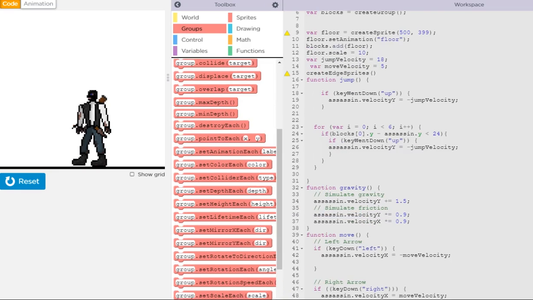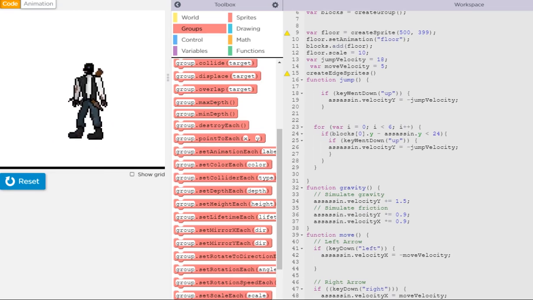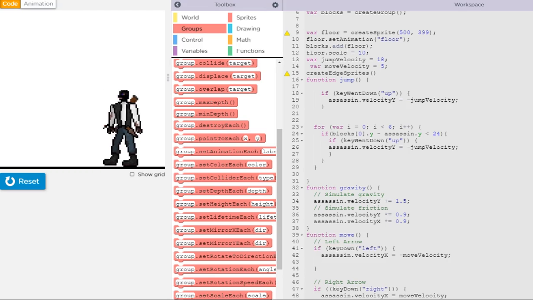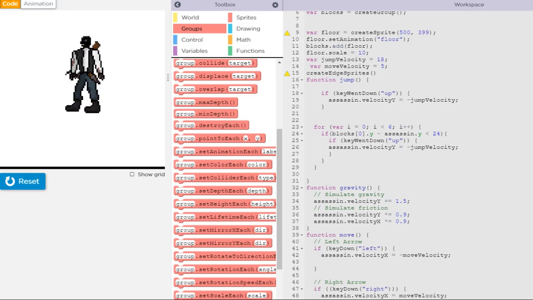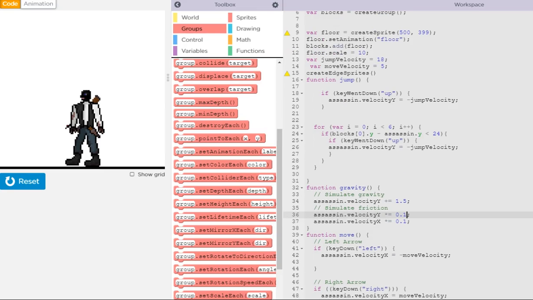Alright, so I have the assassin moving now, and the jump and movement works, but when I move, you can see, I'm holding it, and then I let go, and it slides, which for the purpose of my game, I don't like. It's almost like he's running on ice. And if there is a point where he ever is running on ice, then I will definitely add this back. But how I'm going to change this is right here, that kind of simulates friction. So if I make that a little bit lower, like 0.1, and then also make his move velocity a little bit higher, then I should,